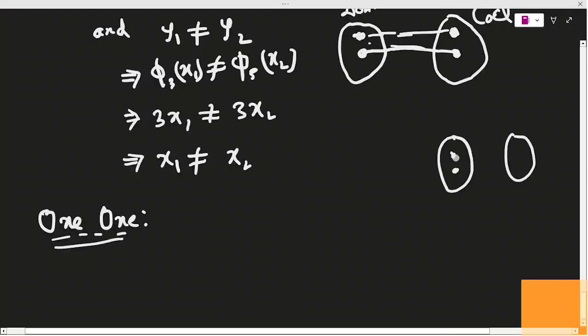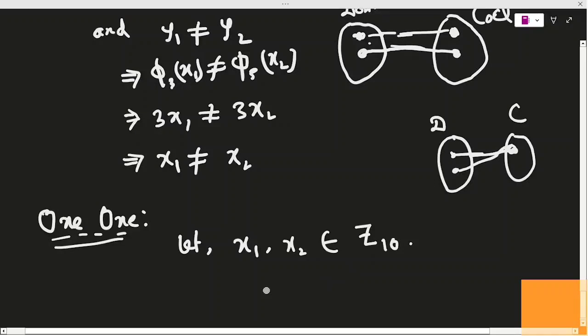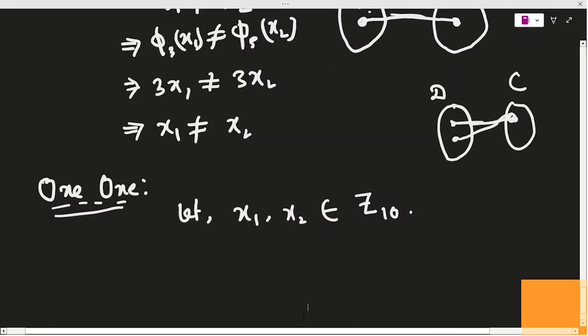यहाँ पे किसी भी दो एलिमेंट का, ये डोमेन में ये कोडोमेन है, डोमेन का किसी भी दो एलिमेंट का इमेज सेम नहीं हो सकता है। यहाँ पे टू डिफाइन एलिमेंट लीजिए, उसका इमेज जो होगा वो डिफाइन होना पड़ेगा। Let x1, x2 belongs to Z10, and ऐसा लिया है x1 not equal x2, this will imply